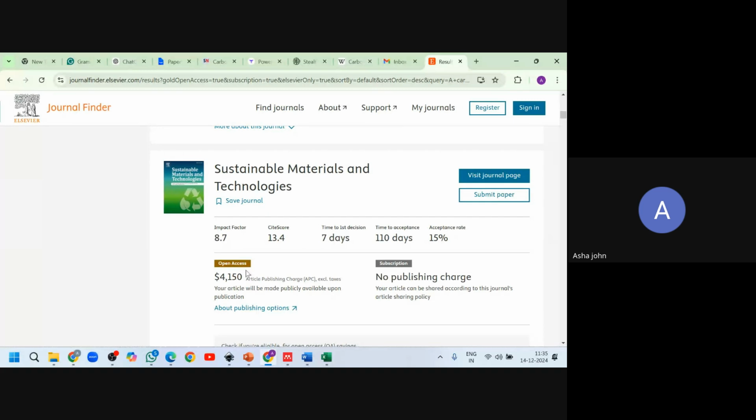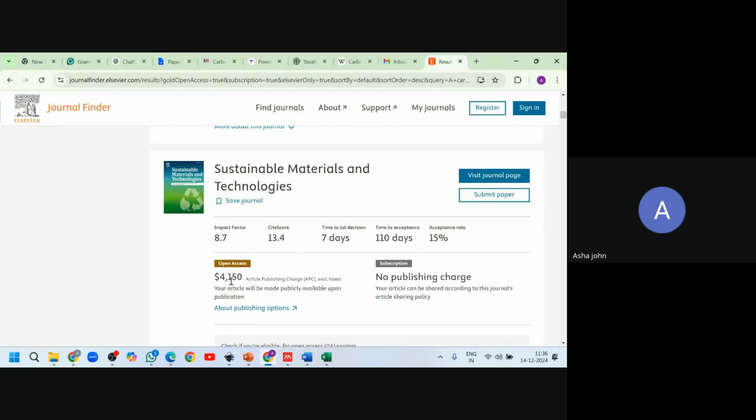Now, the open access and subscription is there. If you opt for subscription, you will not have to pay any charge for submitting or publishing. But for open access, you will have to pay this much amount. And here you can see in the Elsevier Journal Finder, even the APC or article publishing charge is given.